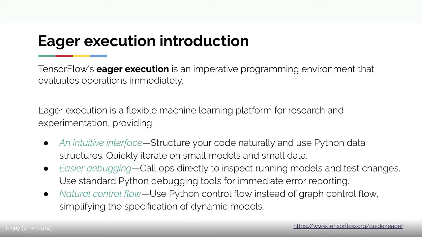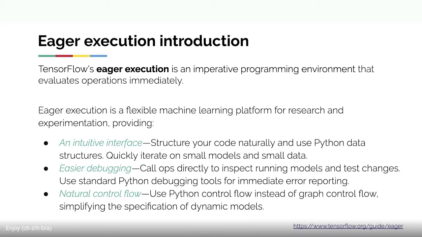Again, maybe what eager execution is, I'll not read the slide, but the idea is that when you write something, it will execute immediately and you get the result immediately. Okay, and if you have followed the evolution of TensorFlow, when 1.13 and 1.14 started coming out, you could enable eager execution also there, but it was something that you had to do explicitly. While in 2.0 it is just there,